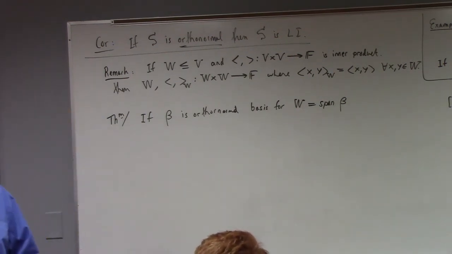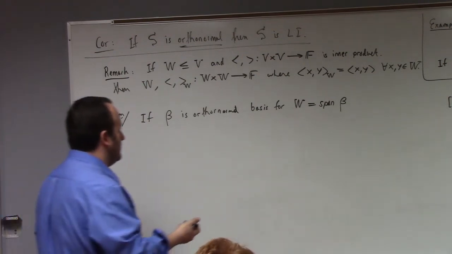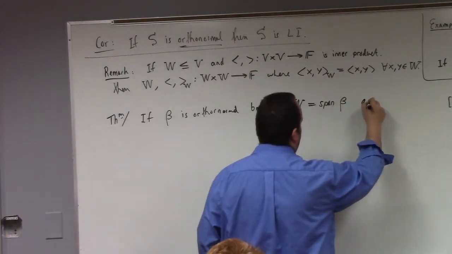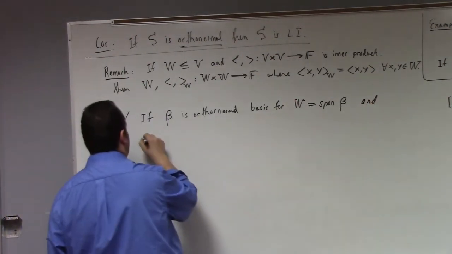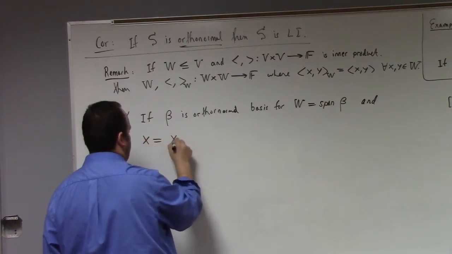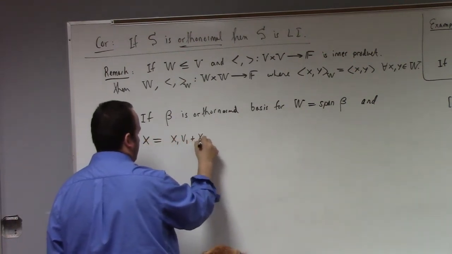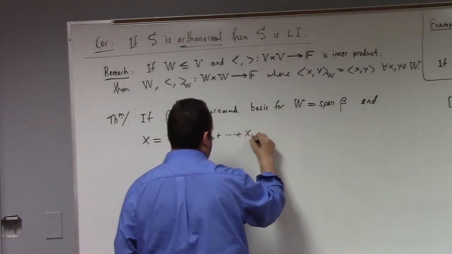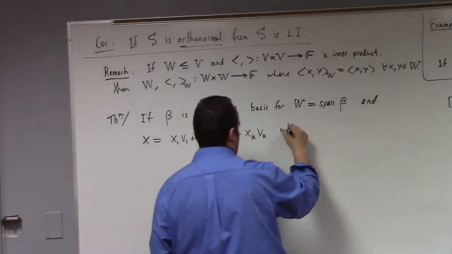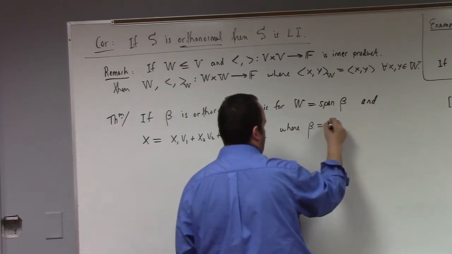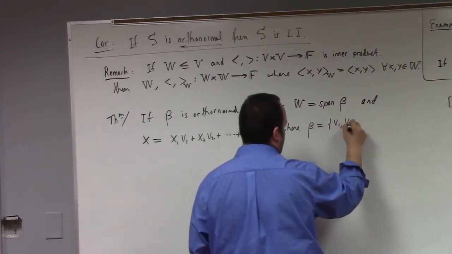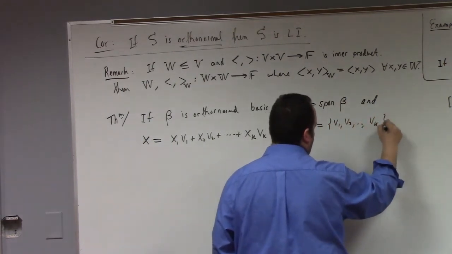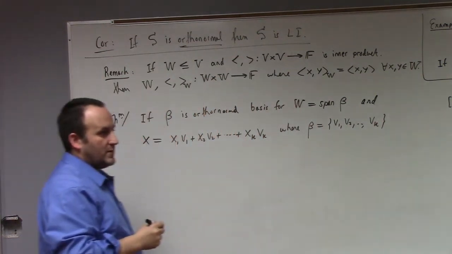All right? Great. And x is equal to, say, x1 v1 plus x2 v2 plus and so on plus xk vk, where I'm being specific here. I want beta to be v1, v2, up to vk. Then